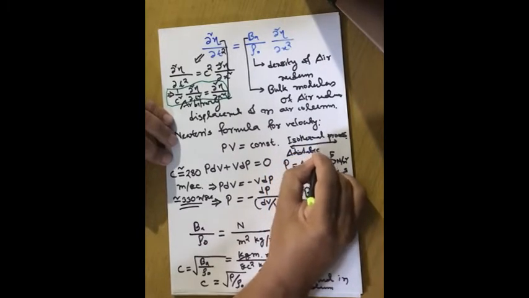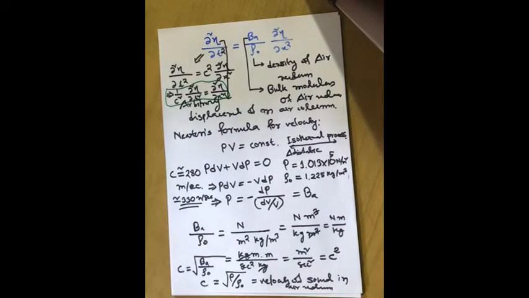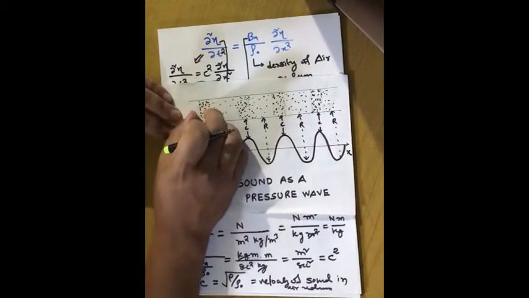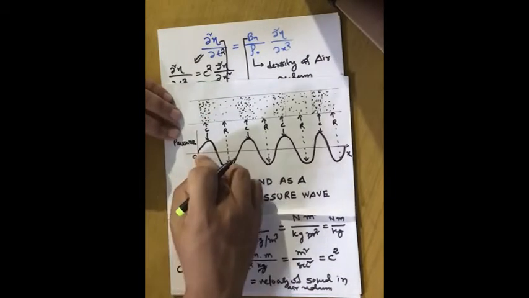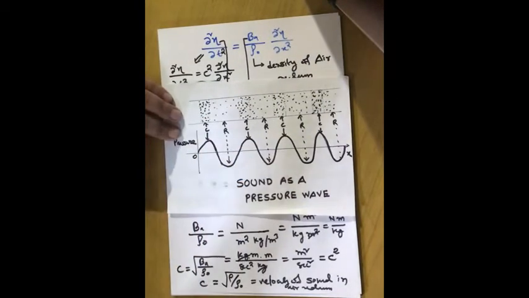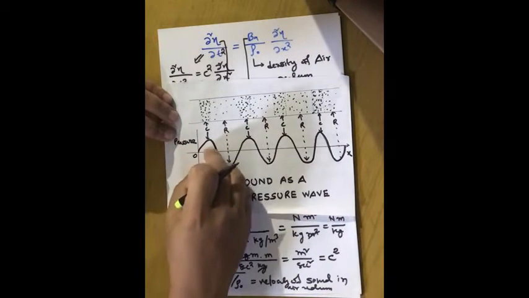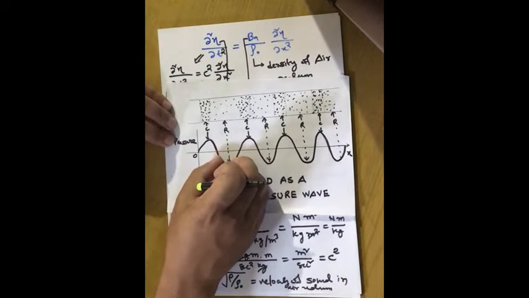That thing I have already told you during the very first class. Why is it not an isothermal process? Because if you remember, when the sound wave propagates through the medium, there is a local concentration of air molecules and rarefaction of the air molecules. So the pressure wave will look like that. The pressure will not be a constant quantity, but there will be a local increase of the pressure,